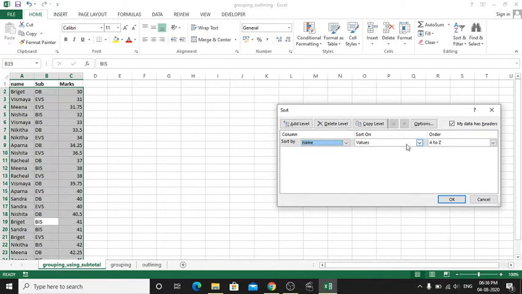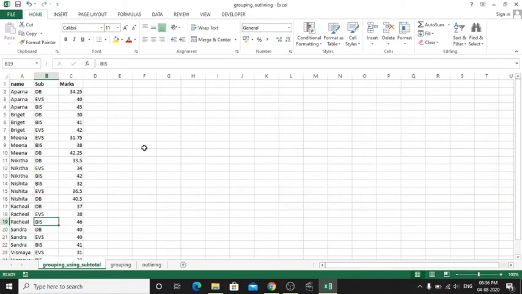So name values A to Z, and I'm clicking OK. See, now we have Aparna's marks of 3 subjects, then Bridget's marks of 3 subjects, like that. So that now we can calculate the total of these 3 subject marks of Aparna and individual students.